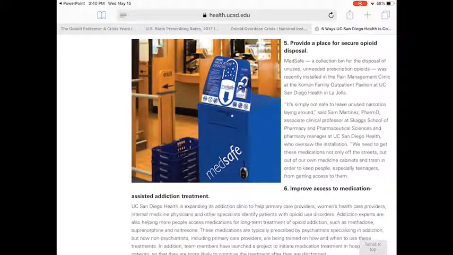Another big thing that's happening a lot now is providing secure places for people to dispose of their opioids. I just read an article today about a new problem that people are realizing: open houses. The real estate industry is getting involved because when people are trying to sell their home, open houses are a time when people will often come in, pretend to be potential home buyers, and then steal prescription medication out of people's medicine cabinets. So realtors are getting involved in this as well.